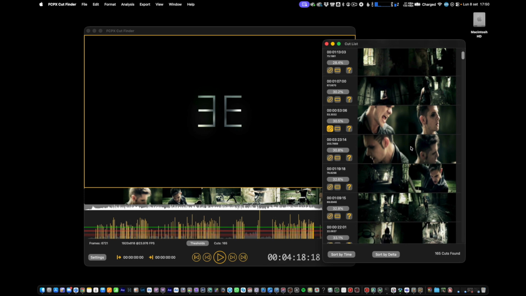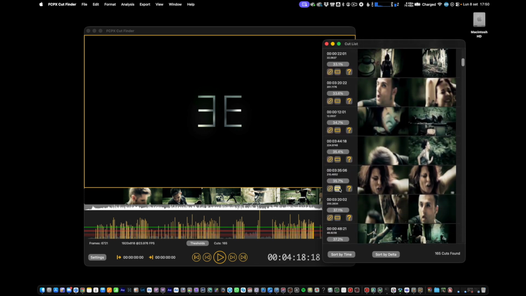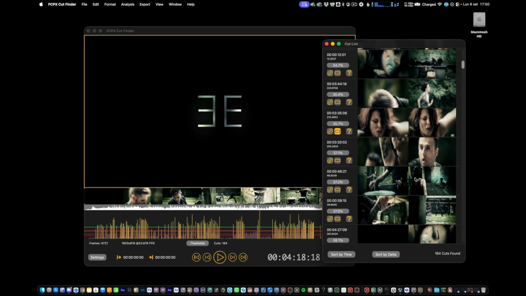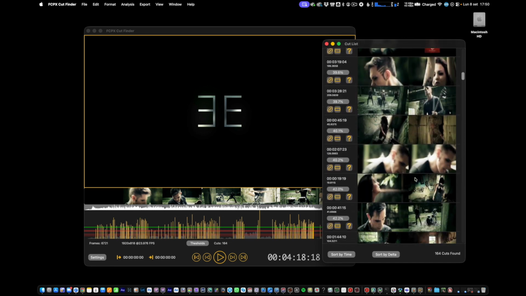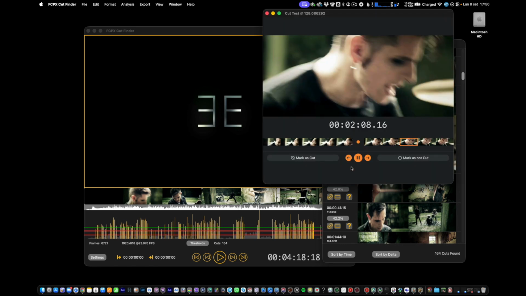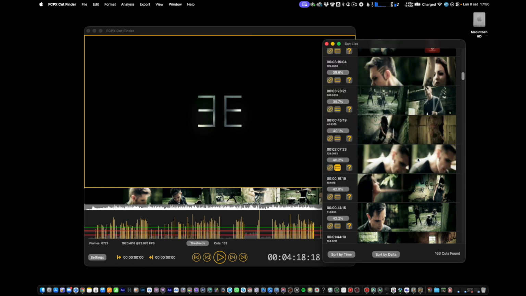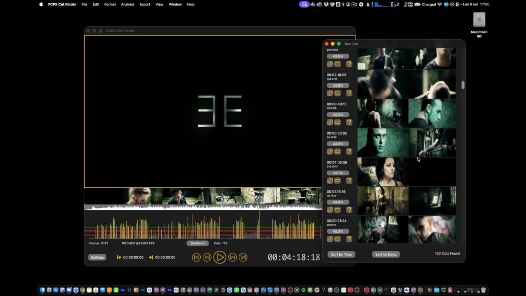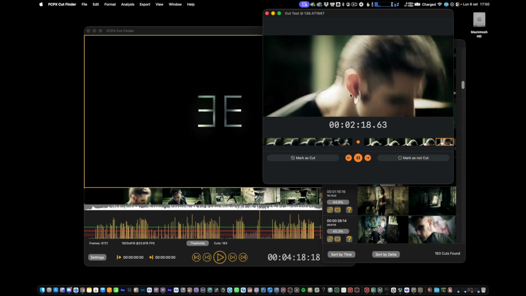Scroll down, and if you encounter other false positives, click on the rectangle button to indicate that it is a false positive and that this cut should not be considered. Continue for a while longer, at which point there will be no more false positives and you can proceed with the export.